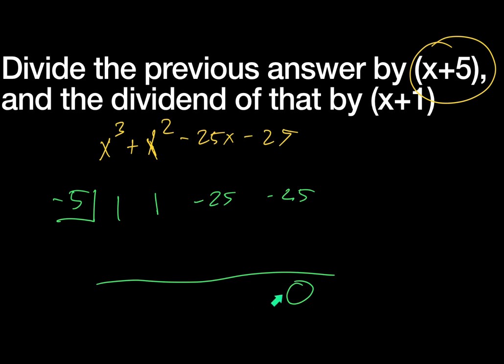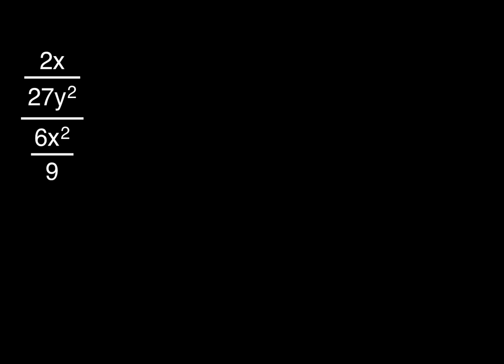Take this answer then and divide it by x plus 1, which means when I do this down here, I'll use the coefficients, and I'll use -1 into it. It should also be 0. So what you're going to find is as long as, I think it's 0. I can't remember now off the top of my head. But that would be something that I would want you to give a try on your own. That'll help you walk through the problems that you're supposed to be doing for today. All right, and then after that, this gets us to then 6.4,